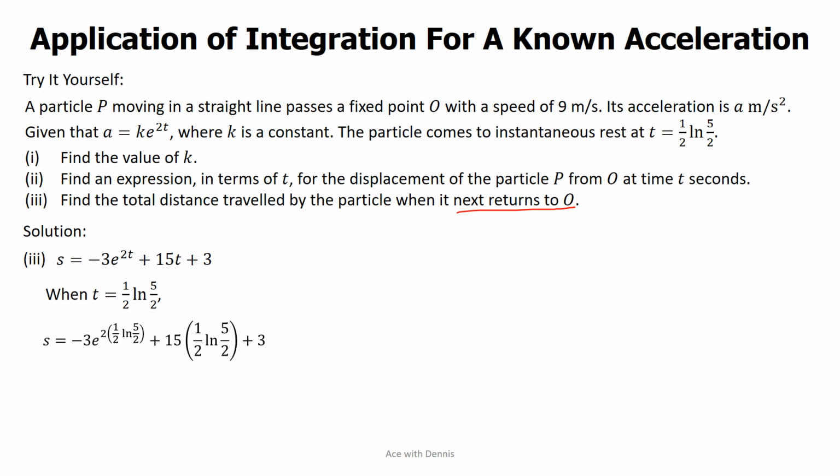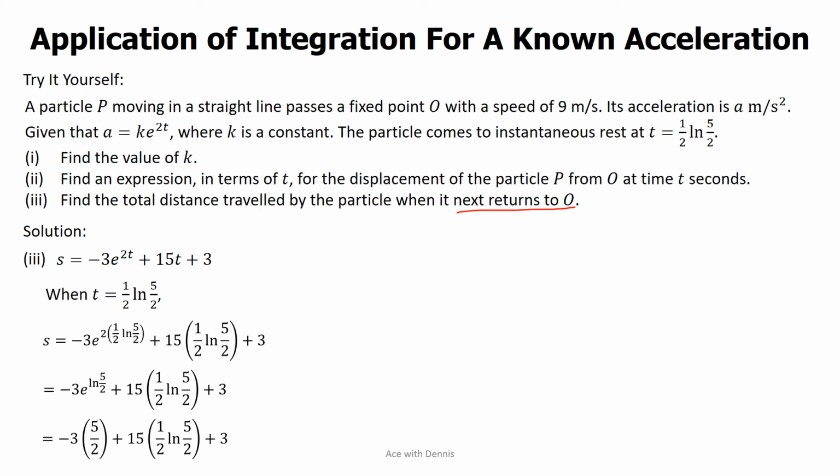Therefore, we can get the displacement at this time, which is s equals negative 3 e to the power 2 times half ln 5 over 2 plus 15 times half ln 5 over 2 plus 3. So we simplify, we get negative 3 e to the power ln 5 over 2 plus 15 times half ln 5 over 2 plus 3,